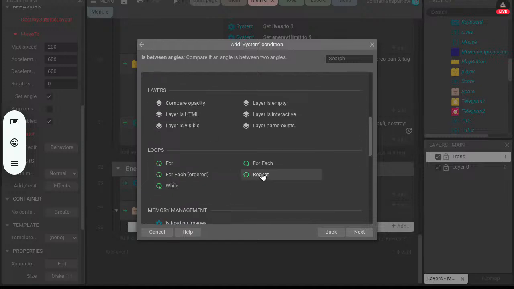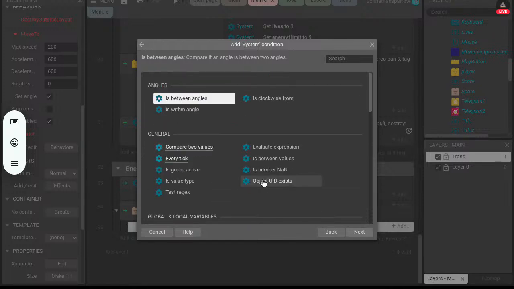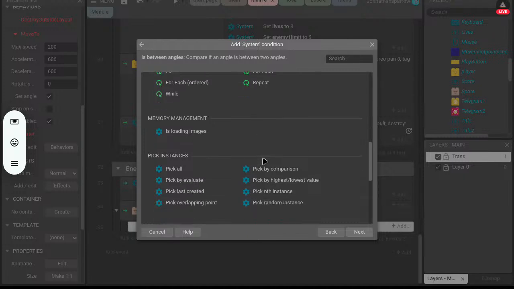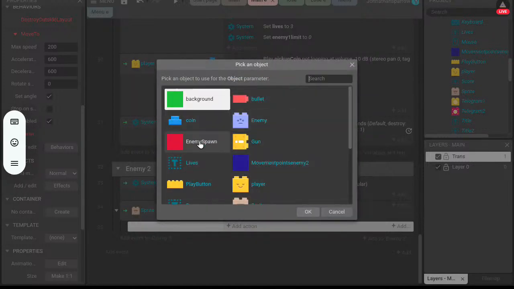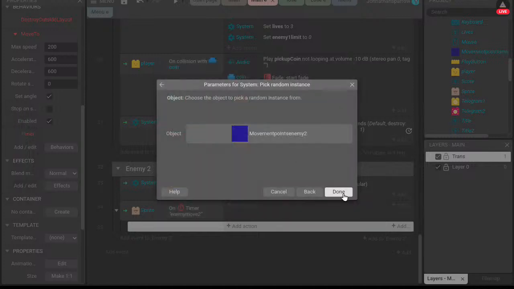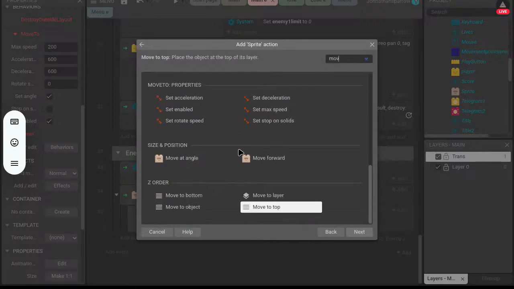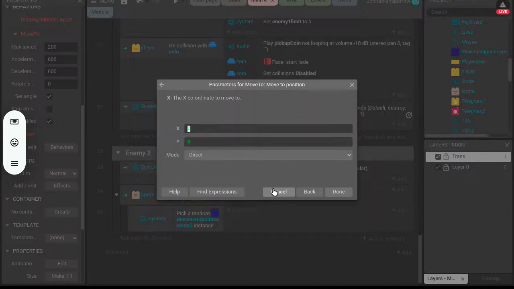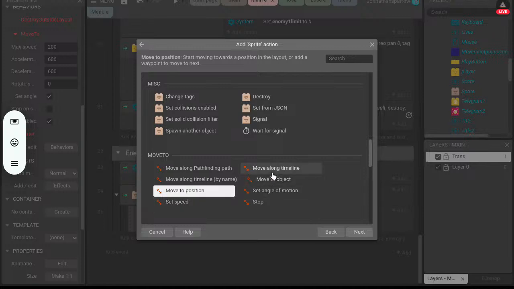So pick random instance of the movement points and say move to object, I want to say, or position.